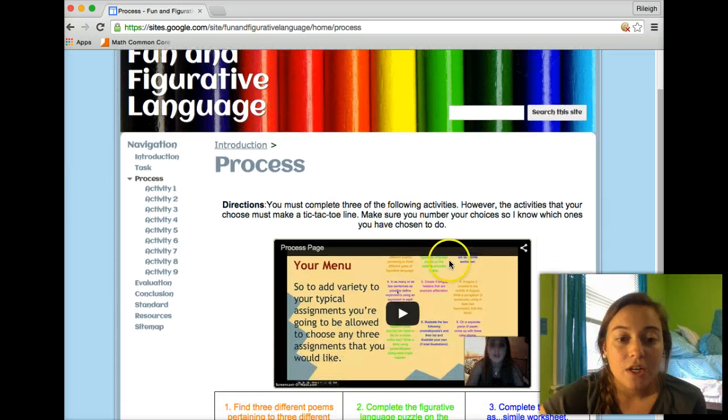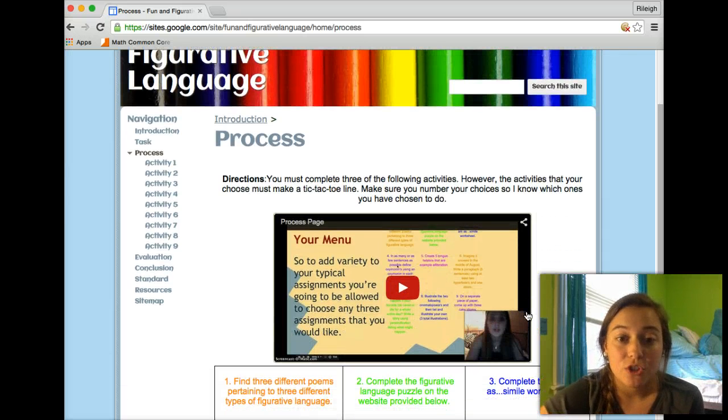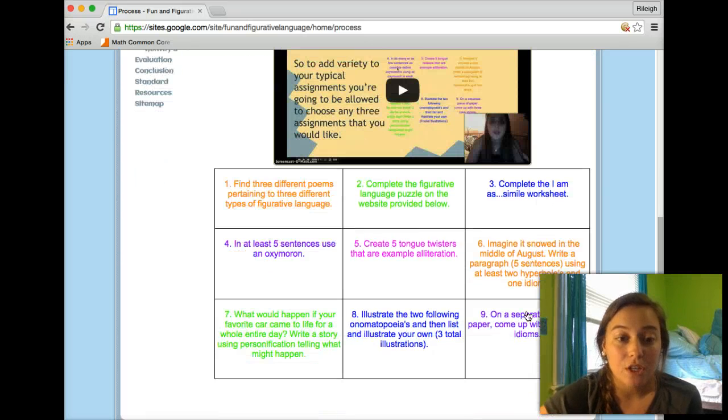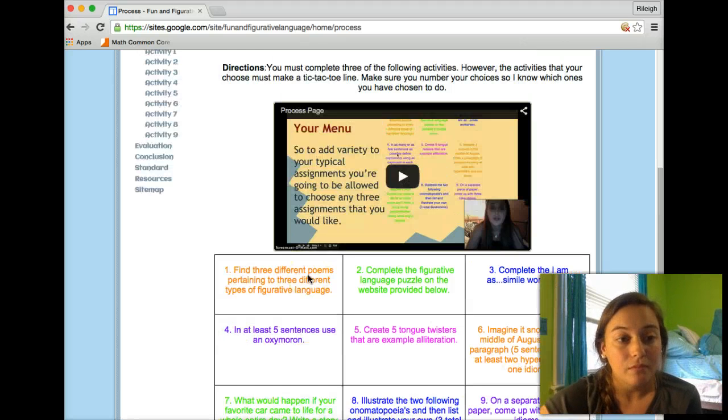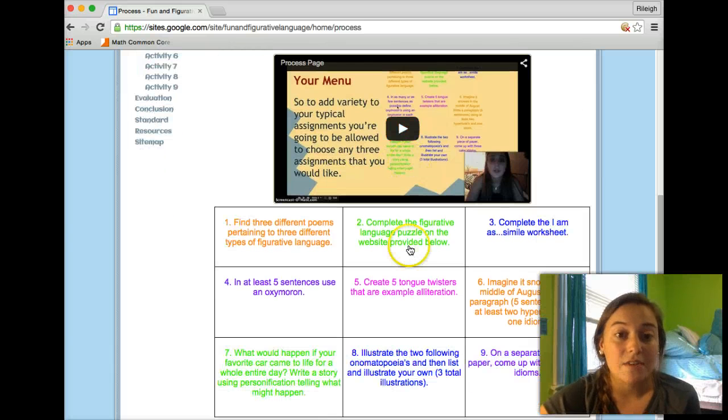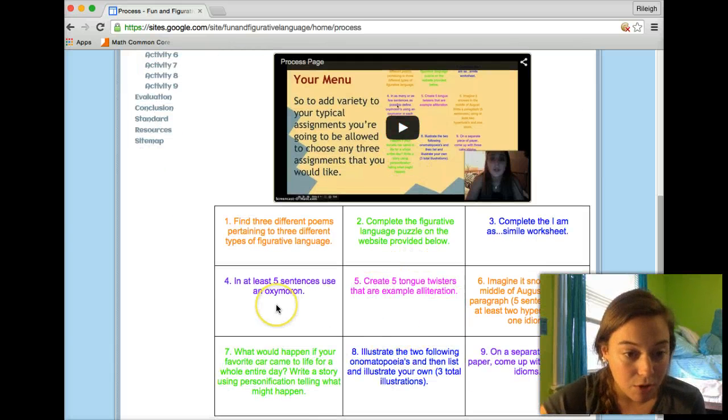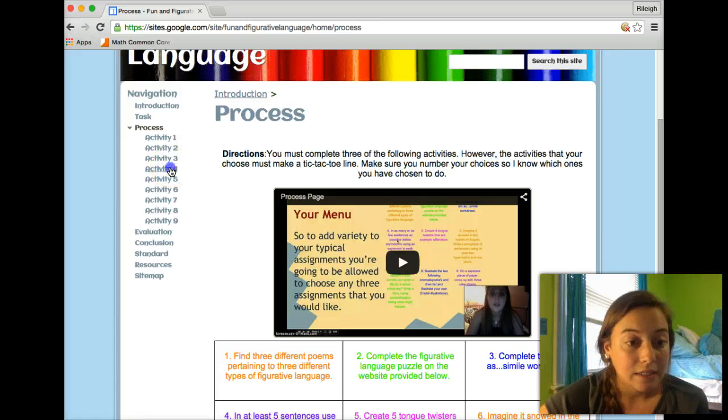This is where my classmate Danielle showed the students how they would choose their activities and how it works. If a student wanted to choose number 4, the student would have to do number 1 and 7, or they'd have to do number 5 and 6. They always have to make it like a tic-tac-toe row, 3 in a row. Once the students picked an activity, for example number 4, they'd go over here and click activity number 4,